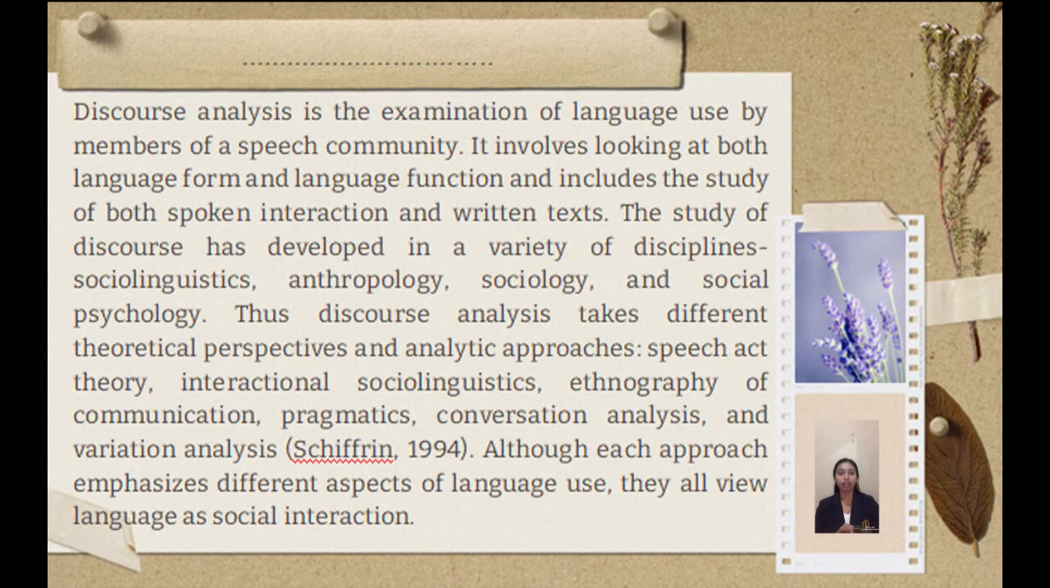Discourse analysis is the examination of language used by members of a speech community. It involves looking at both language form and language function and includes the study of both spoken interaction and written text. It identifies linguistic features that characterize different genres, as well as social and cultural factors that aid in our interpretation and understanding of different texts and types of thought. A discourse analysis of written text might include a study of topic development and cohesion across sentences, while an analysis of spoken language might focus on this aspect plus turn-taking